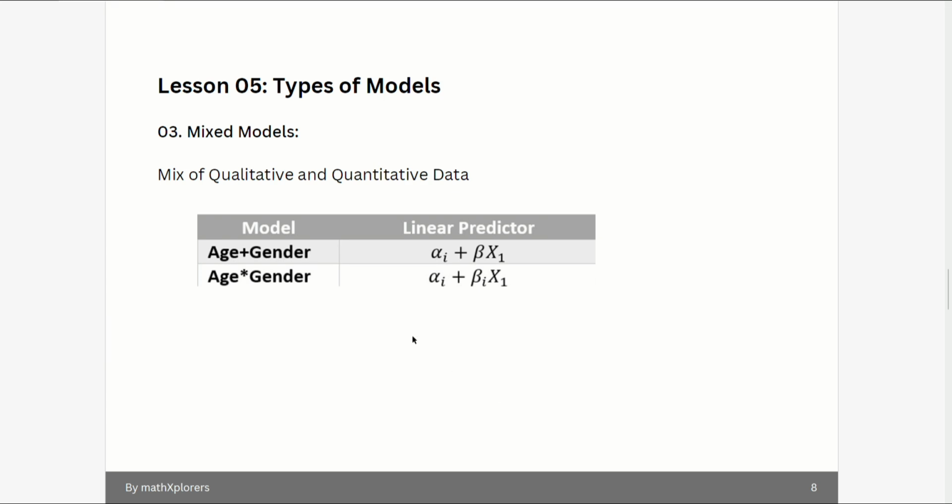Moving towards the third model, which is a mixed model. A mixed model is a combination of quantitative and qualitative models. Here, when we see an interaction, we add I in the coefficient beta. Think logically. Let I be male or female, and in that case, we are particularly selecting the male gender. Then it will be male age, X1 male age. So we are particularly interested in a model where we are modeling for male ages.